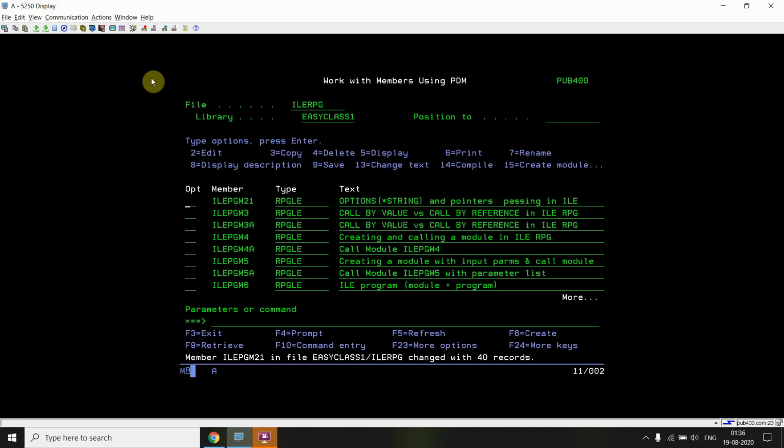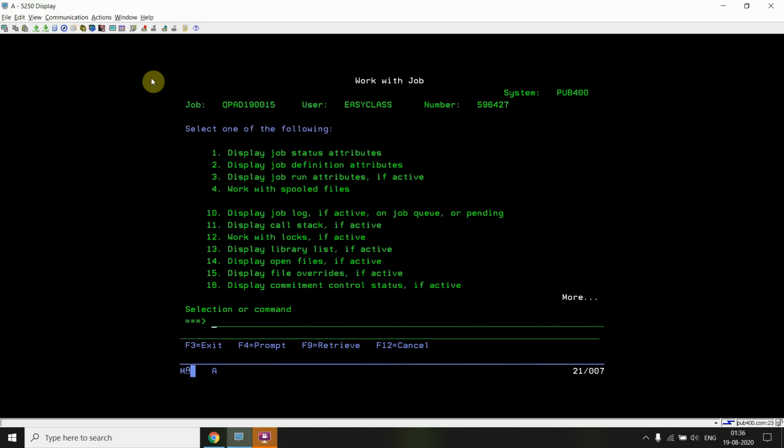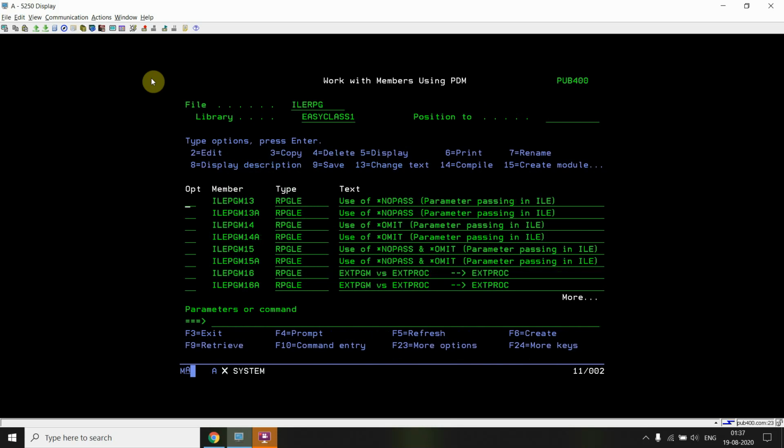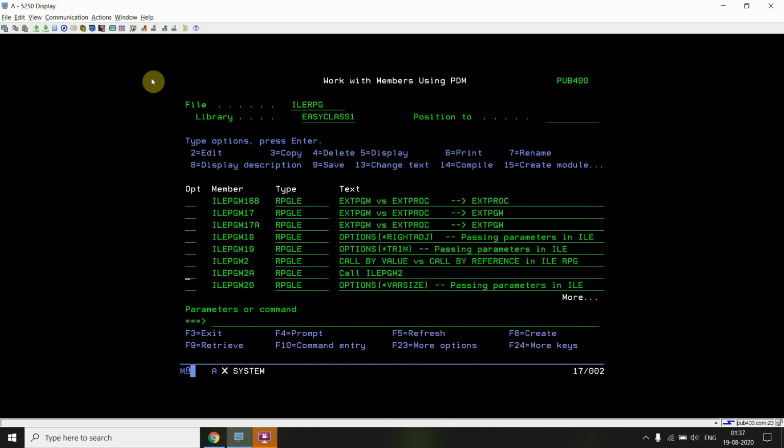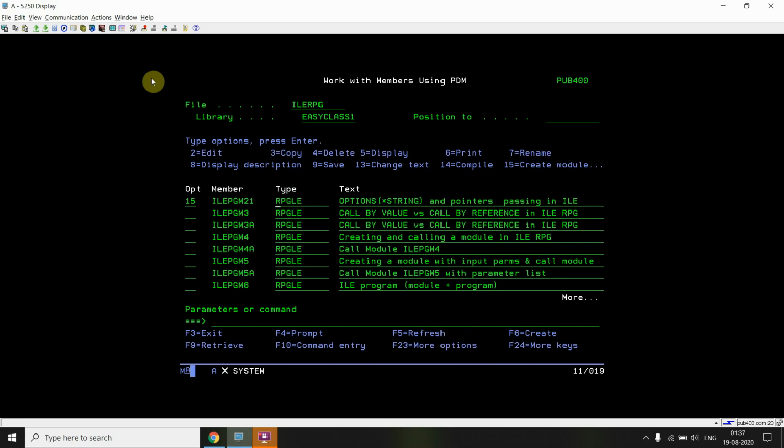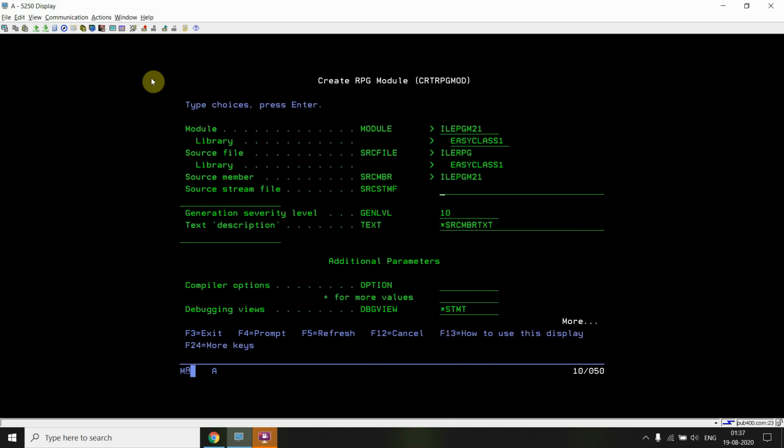So let me compile this. Whenever I'm compiling, I'll be setting the debug view to star source.